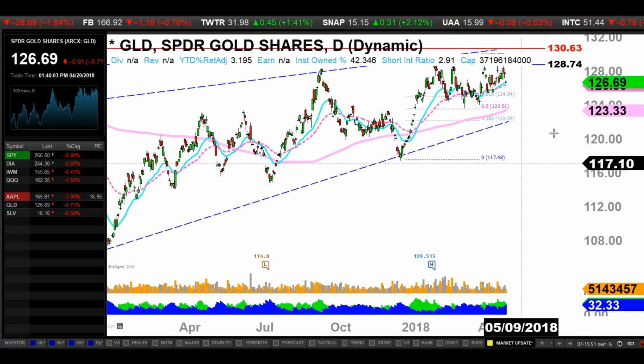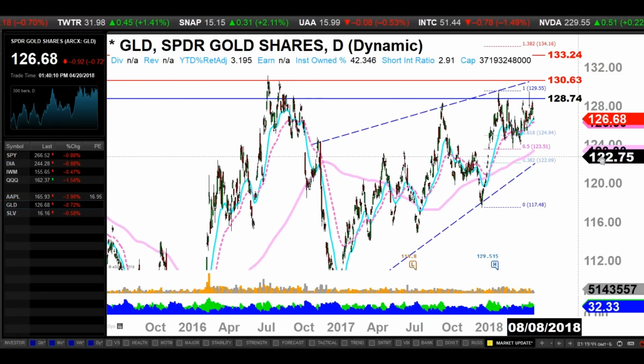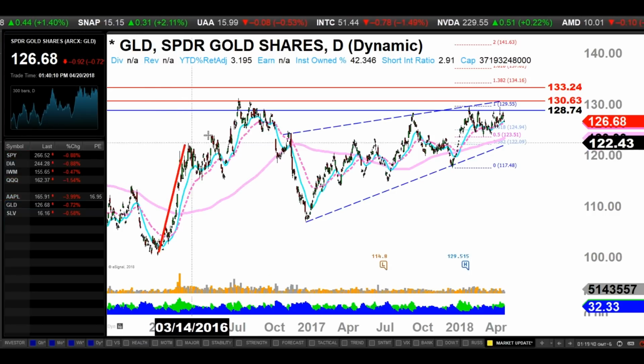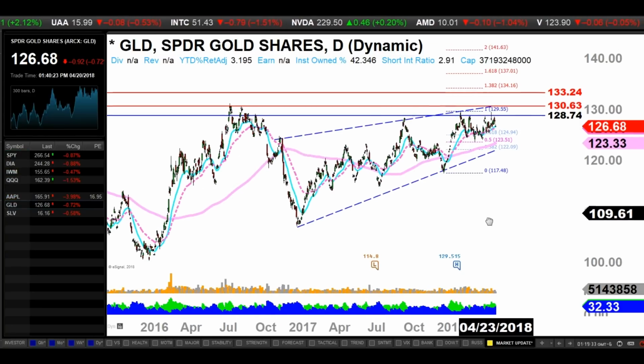Gold. So gold is still stalling here. We're kind of consolidating. I'm not sure. Stalling here is not really a good thing. We got up here, consolidated, trapped a lot of bodies, and then got back up, but that thing pretty much tanked here. So